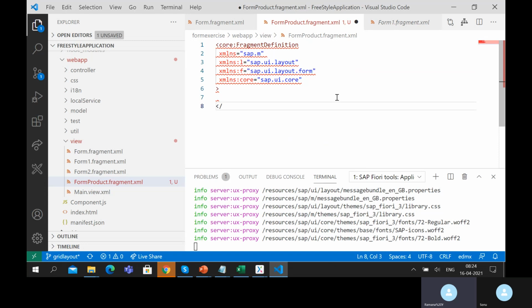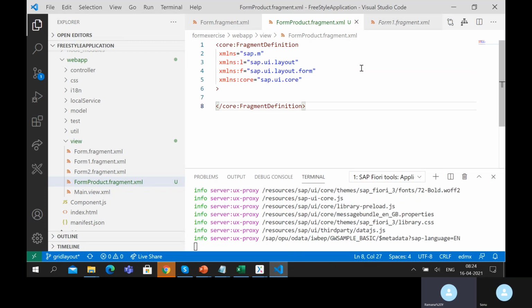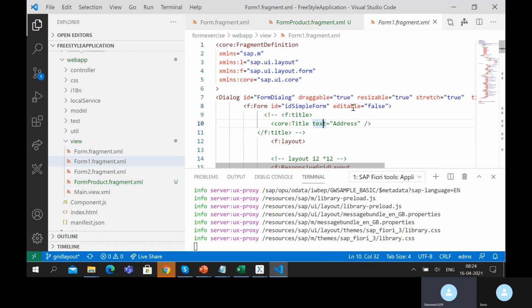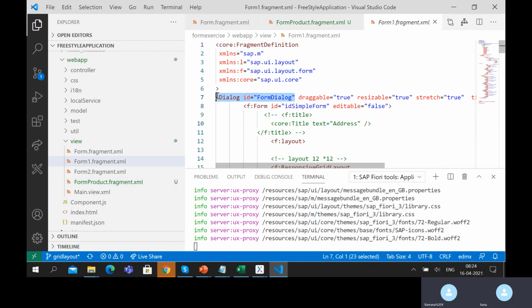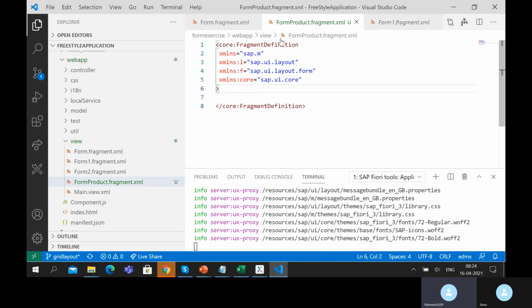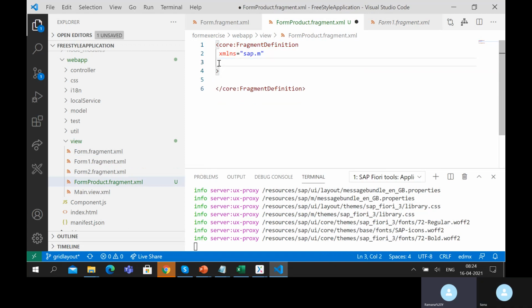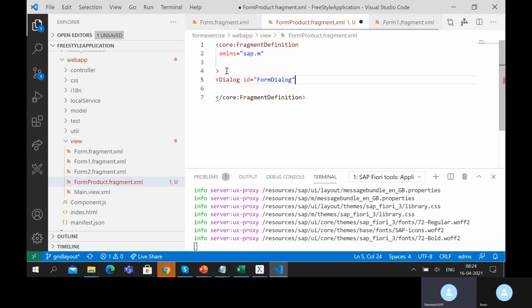If we know where the error went in the initial stage, we need not discard the whole page. Now I'll just add this simple thing and try to load this particular form. Maybe we can just add one ID as well, so I'll add this much structure. If I have added only the fragment definition, you can even remove these libraries, they are not required, and I can just create